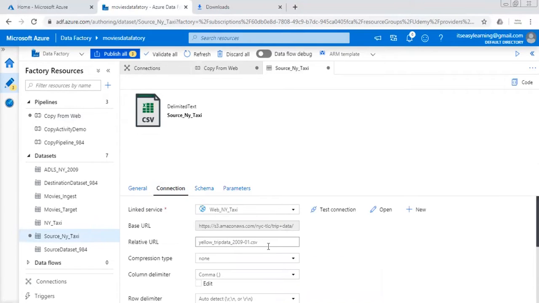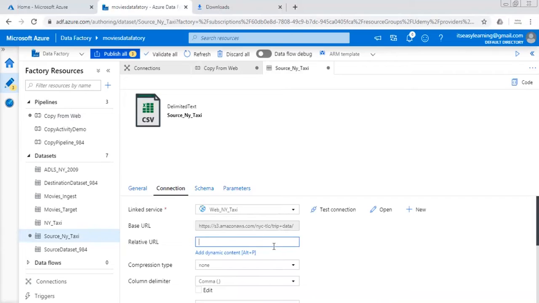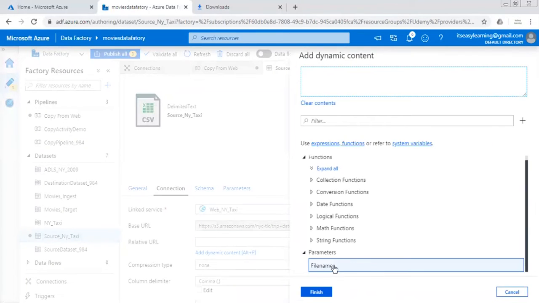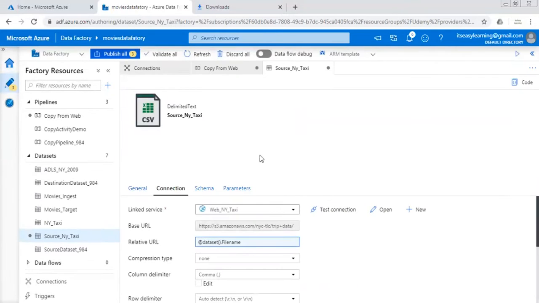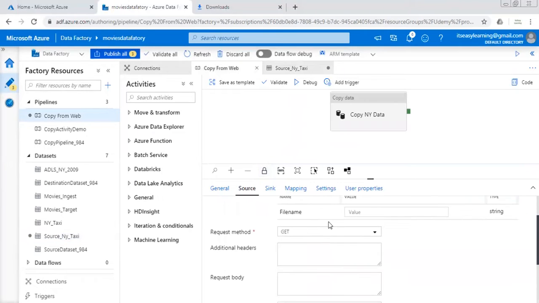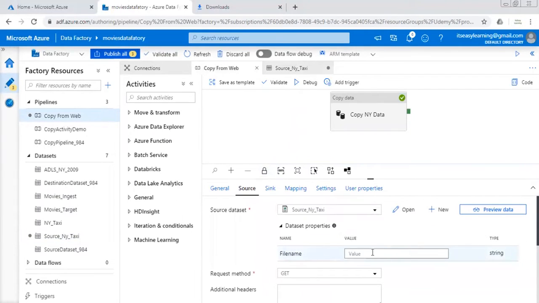Go back to connection, remove the hard-coded file name, click on add dynamic content. Our parameter is visible here, that is file name. I just click here, and automatically this file name parameter will be added in the dynamic content box. Click on finish. When we go back to the pipeline, this dataset will ask to provide a file name